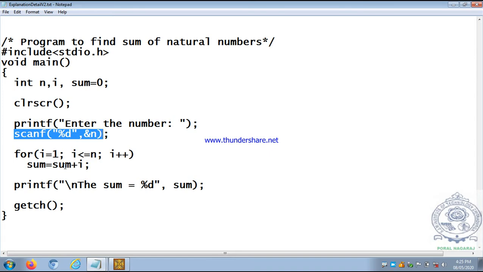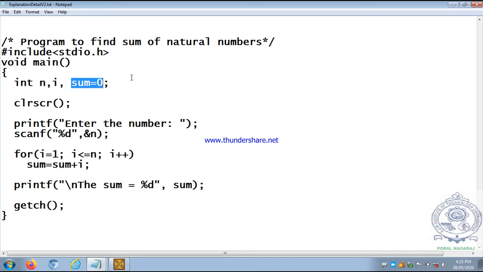Okay. Then you have to use a for loop here, because we know that I have to find out the sum of natural numbers up to 10 times. So when we know in advance how many times we have to execute the body of the loop, we always go for a for loop. So here, a very important point you have to remember is, before finding out the sum of some sequence of numbers, always you have to initialize one variable to 0. So here I am initializing variable sum to 0 in the beginning.